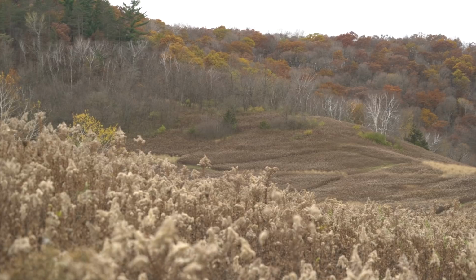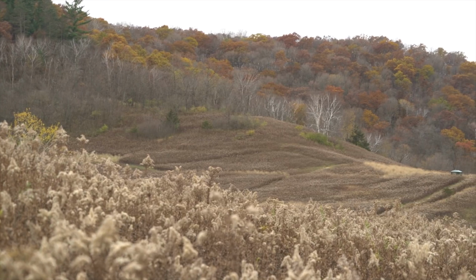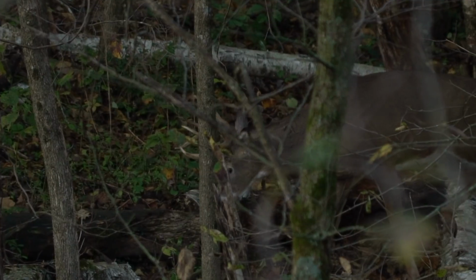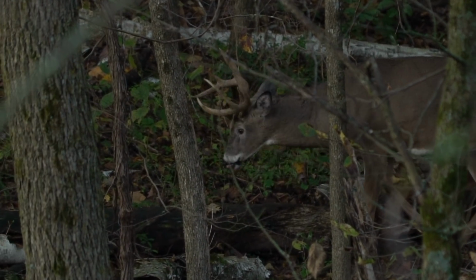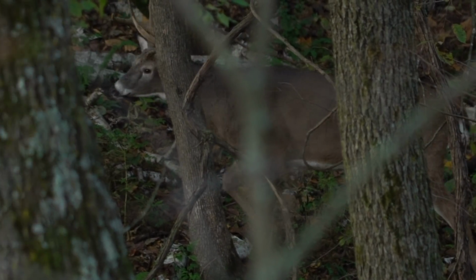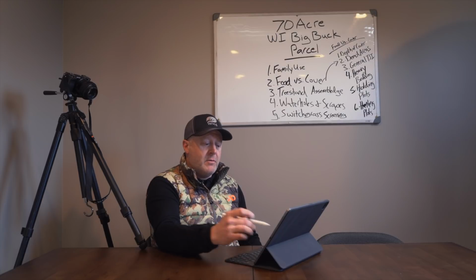What's a sanctuary? Who knows? A lot of people say I have a 10-acre sanctuary over here, and I never go in there. The deer are safe, but they walk by it. The deer can hear them in there, and the deer can see them out of there. So that's not a sanctuary. A true sanctuary is that core area that represents over 50% of your land that's all deer all the time, where you can do your best to not allow the deer to see you, hear you, or smell you in